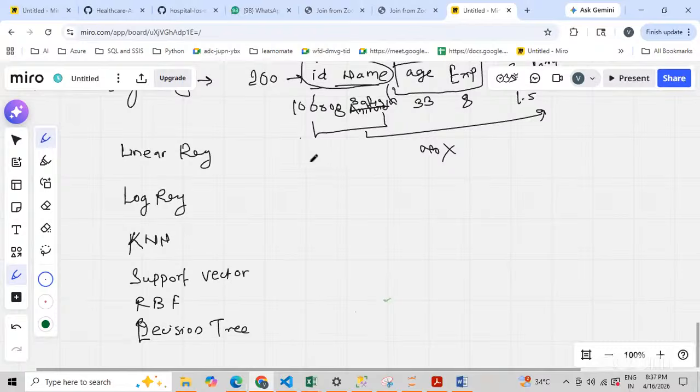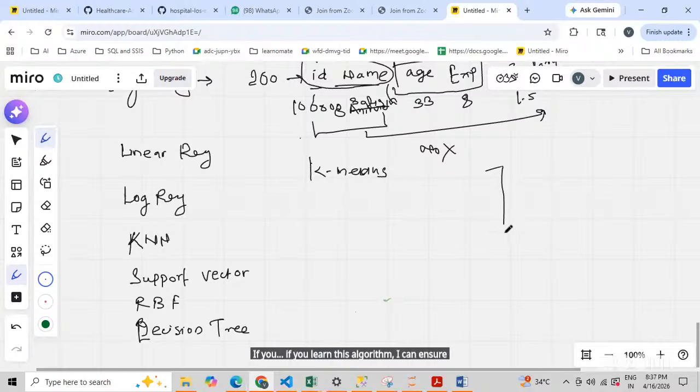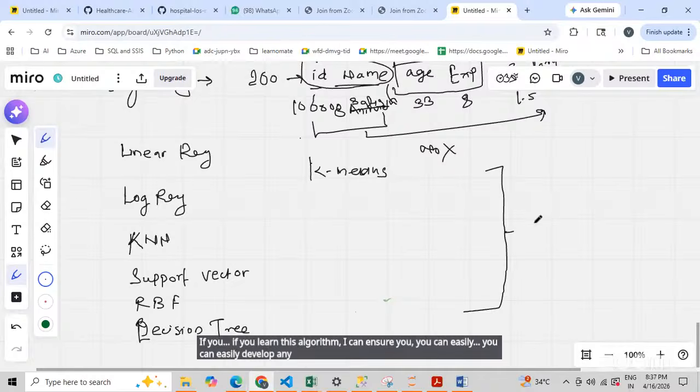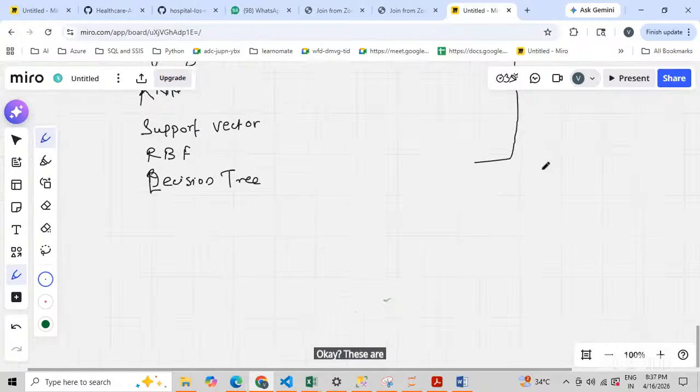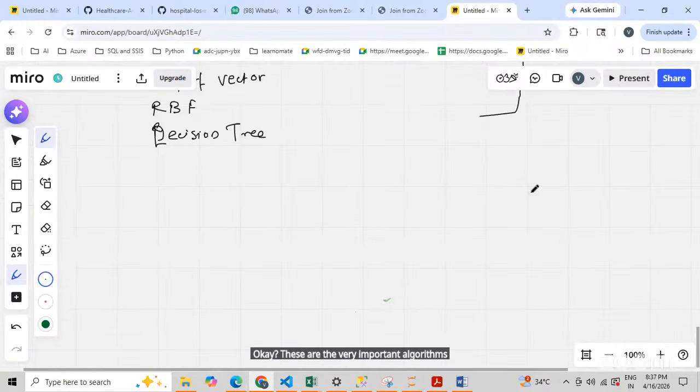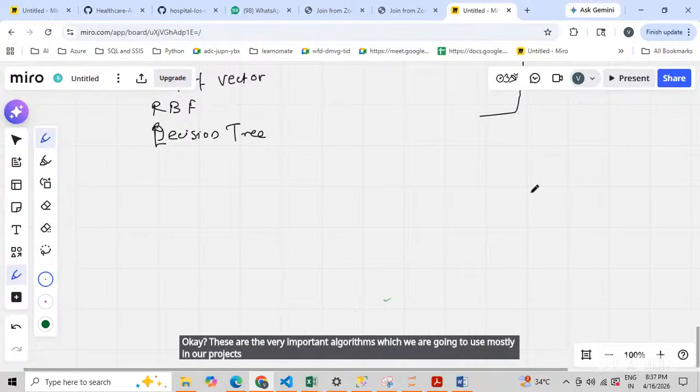And in unsupervised learning, we will see K-means. If you learn this algorithm, I can assure you that you can easily develop any application using machine learning. These are the very important algorithms which we are going to use mostly in our projects. At the end of this course, in the last session,